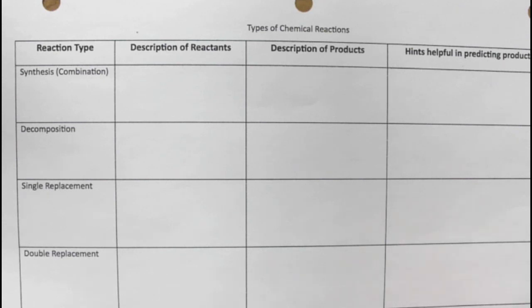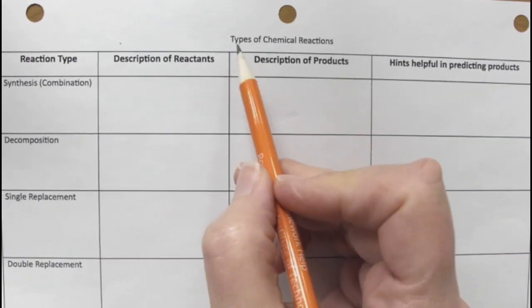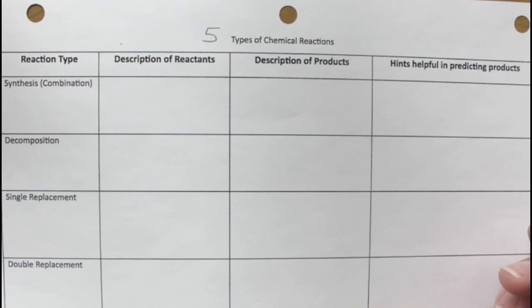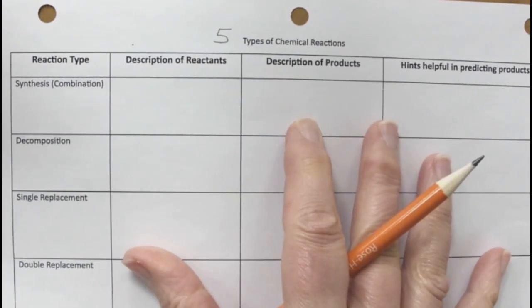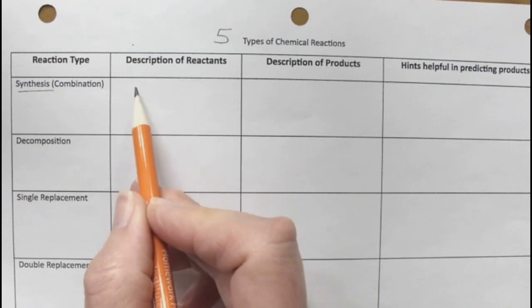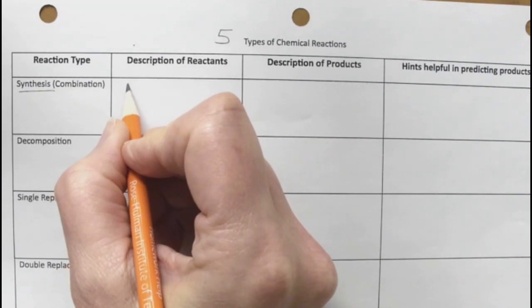In order to help you guys summarize the different types of reactions, we have 5 types of reactions that we've learned. We're going to fill out this table. So the first one's synthesis. So in a synthesis, the reactants, there are going to be 2 reactants,